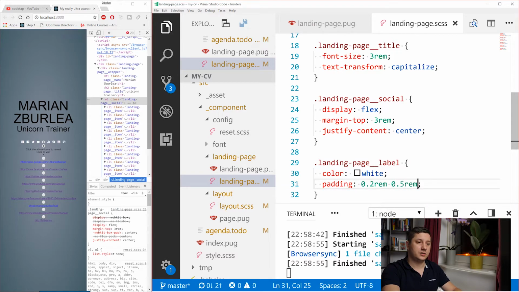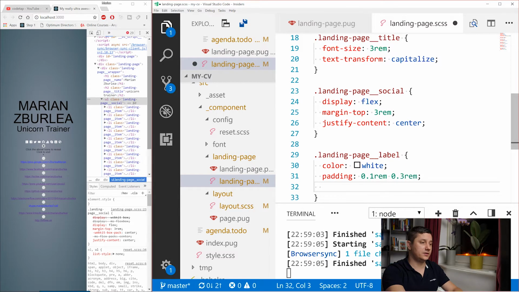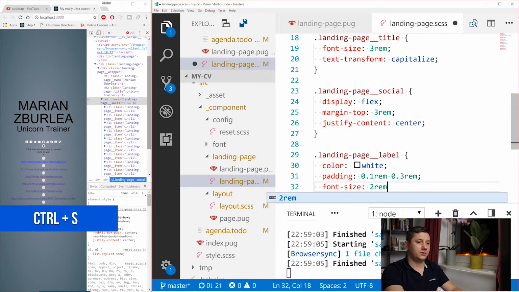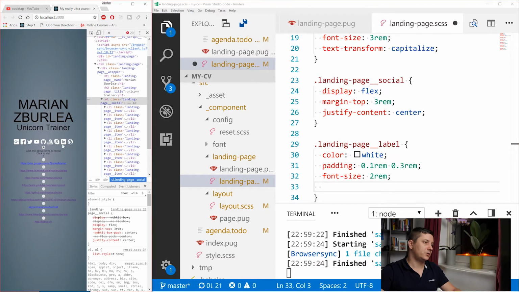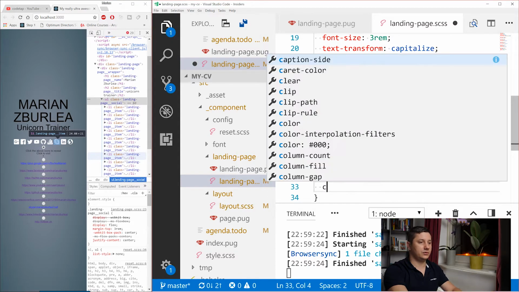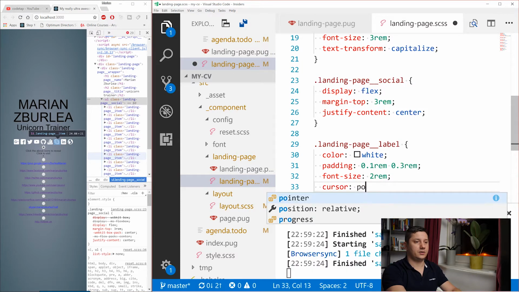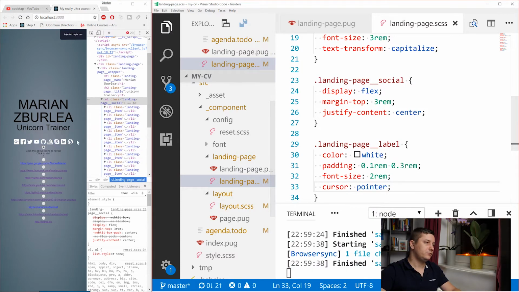That's a bit too much. And let's increase the font size. Font size 2rem, for the desktop only, because on the tablet or a mobile, it doesn't really matter. Let's also do cursor pointer. So when you hover over it, it shows this small hand.